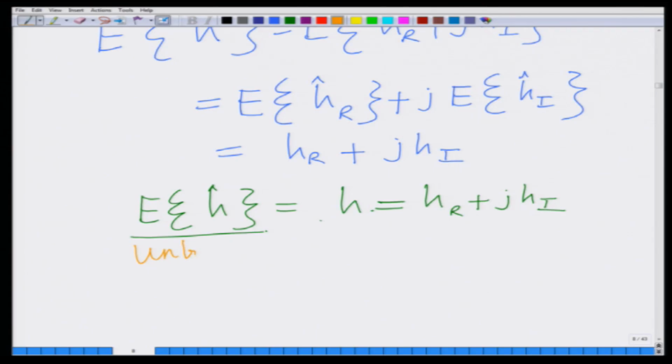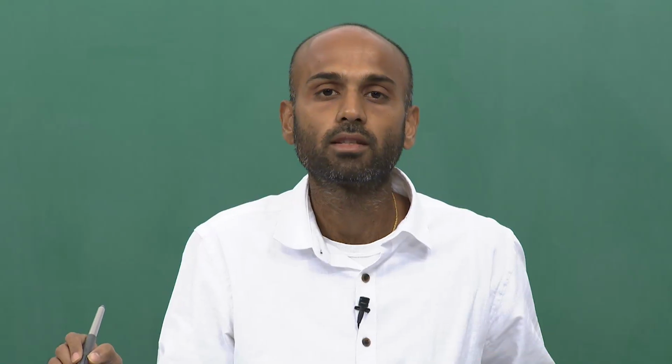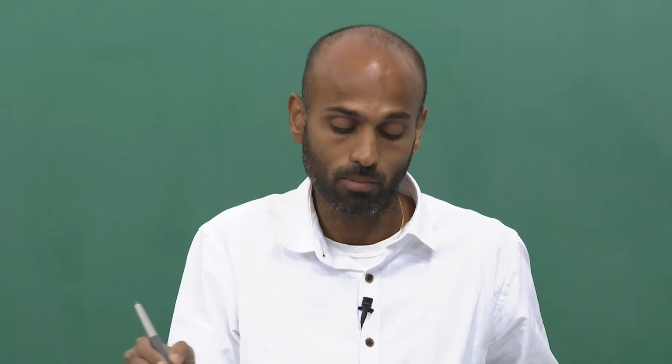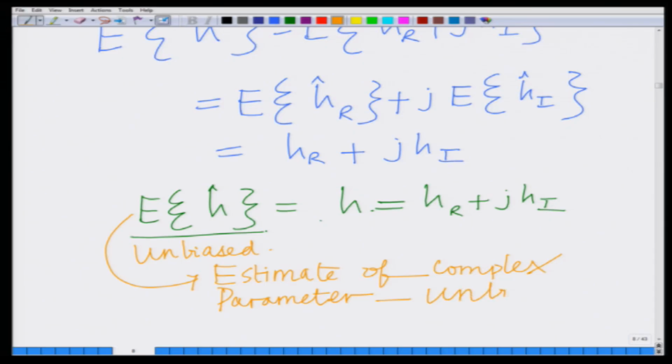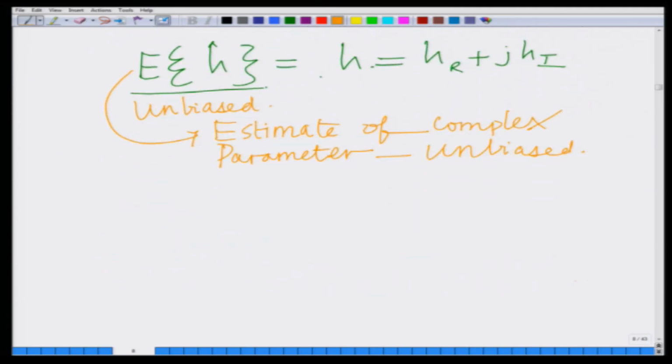The maximum likelihood estimate of the complex parameter is unbiased. Further, if you look at the variance in the estimate of the complex parameter,